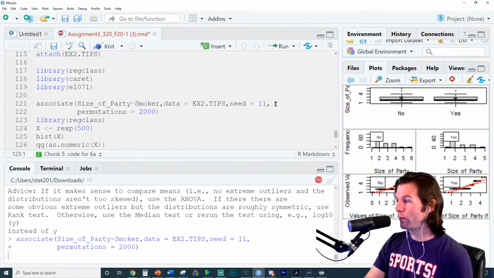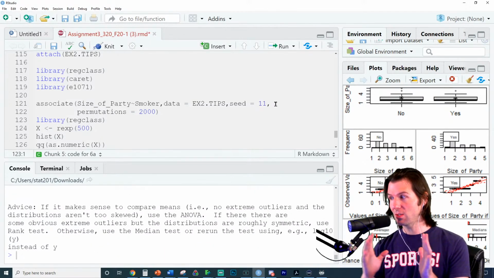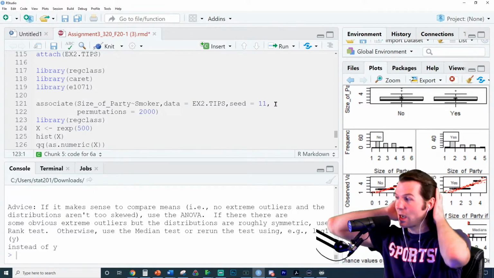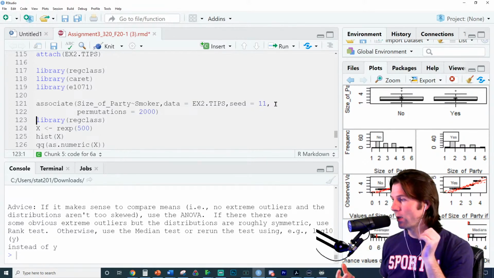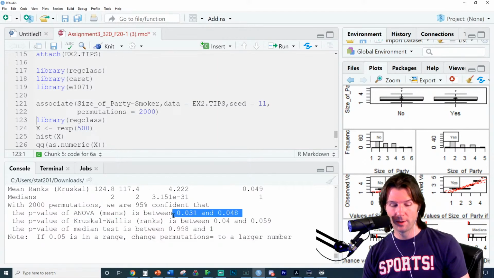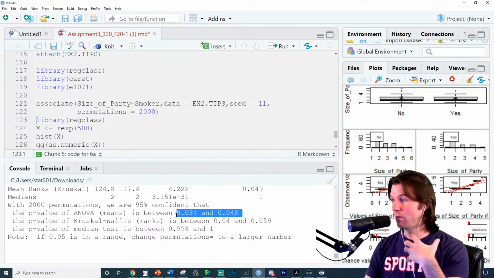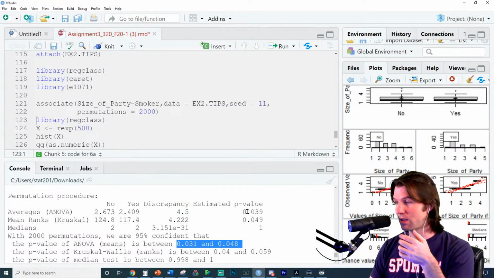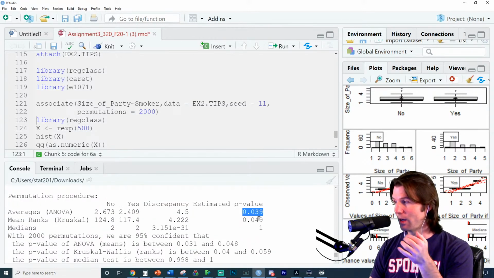And with a larger amount of permutations, the interval will get tighter. It doesn't go up or down. That's a trick question I write on the test sometimes. But the interval gets tighter because it's better estimating. So with more permutations, you get a better estimate of the truth. And whew, we just barely got below 0.05, as in we barely don't contain it. So if you look at this interval now, we still have a statistically significant p-value, meaning we are statistically significant, and we are now confident that we are statistically significant.